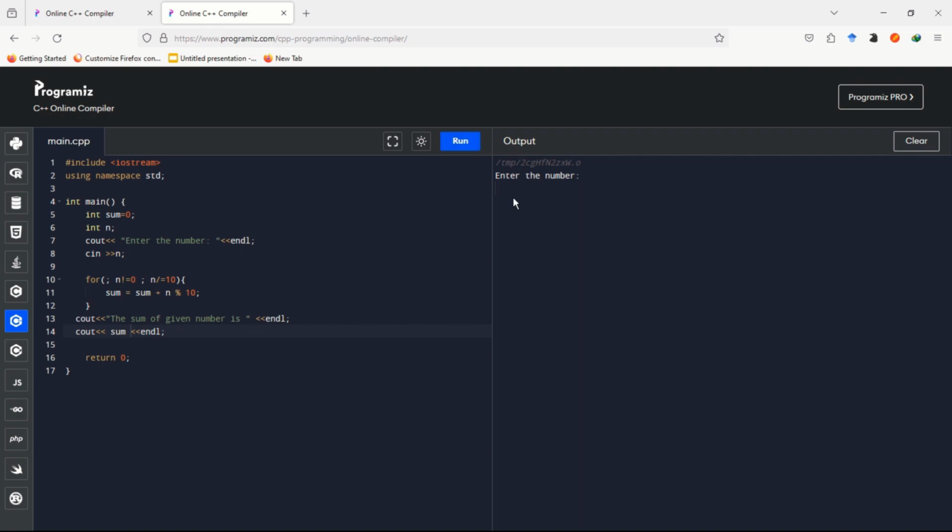It asks for the number: 156. The sum of given number is 12. Sum of digits of